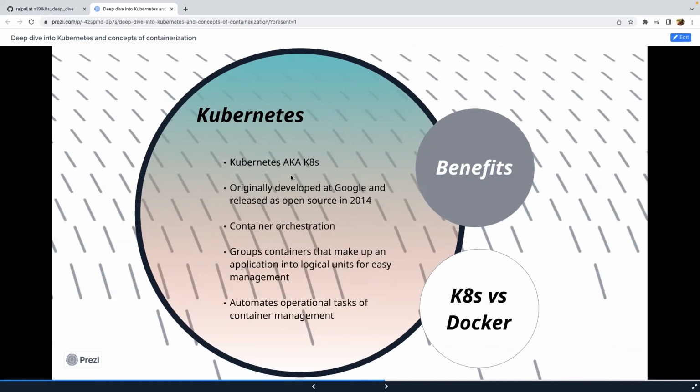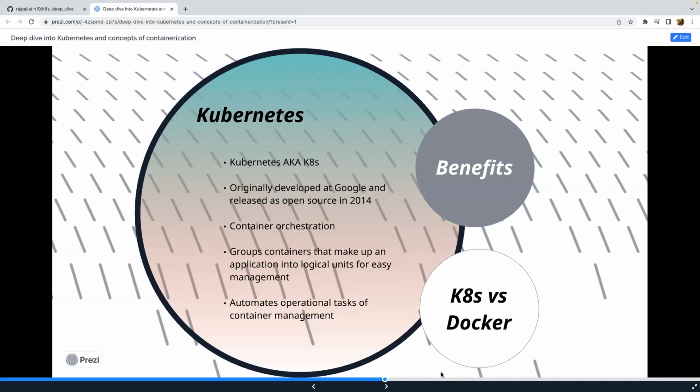Basically, Kubernetes was originally developed by Google. They used Kubernetes for around 15 odd years, and then based on that, they open sourced it in 2014. Kubernetes is basically a container orchestration tool. When I say container orchestration, I think during these slides I'm going to talk about Docker versus K8s, and most of the things will be clear there.